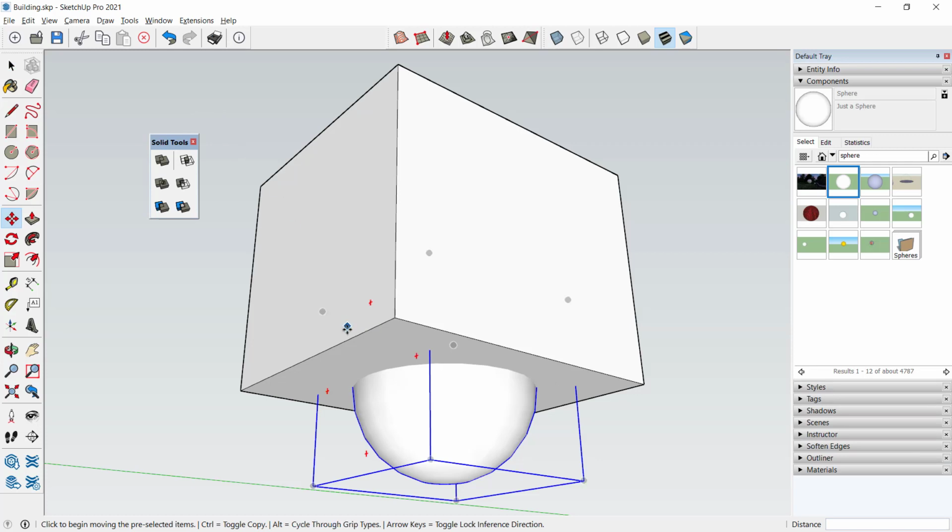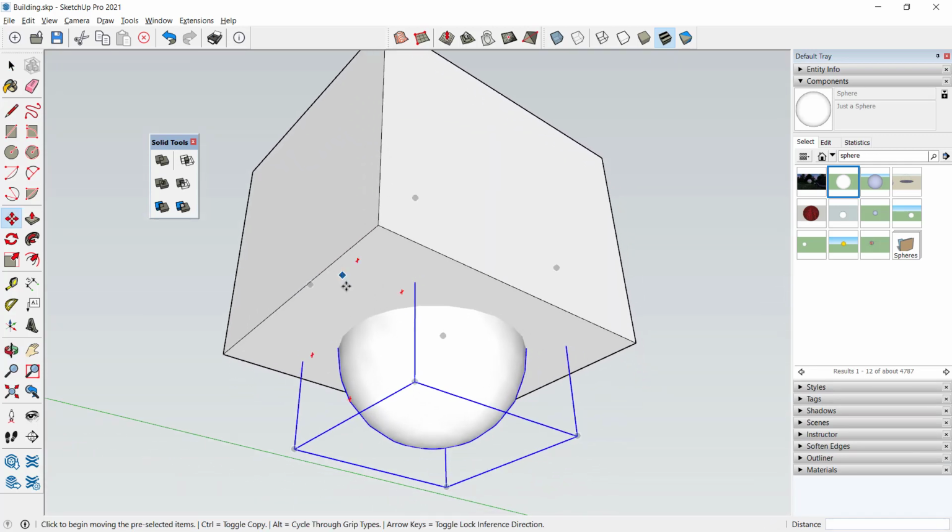And FYI, these solids tools are really great. You can add or subtract solid objects. They have to be what's called a manifold, which is to say there are no gaps. If you dumped water in these shapes, the water would not be allowed to leak out, or else the tools won't work. There are some specialized tools you can get from the extension warehouse that work on components, but right now I'm just using the standard ones, and they have to work with only